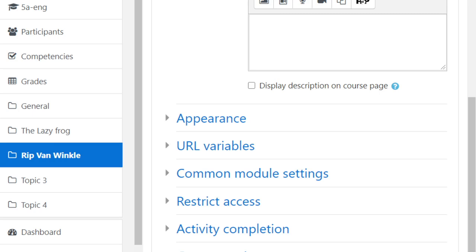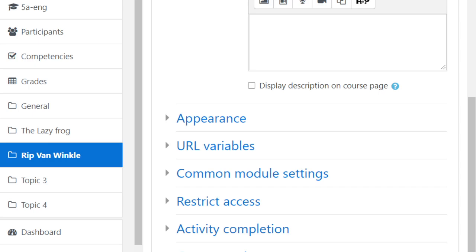If you want to limit for the activity, you can also give that. Then after that you will click on save and return to the courses. Okay, so you can click on that. The last option is coming here, save and return to the courses. Okay, so you can click on that.